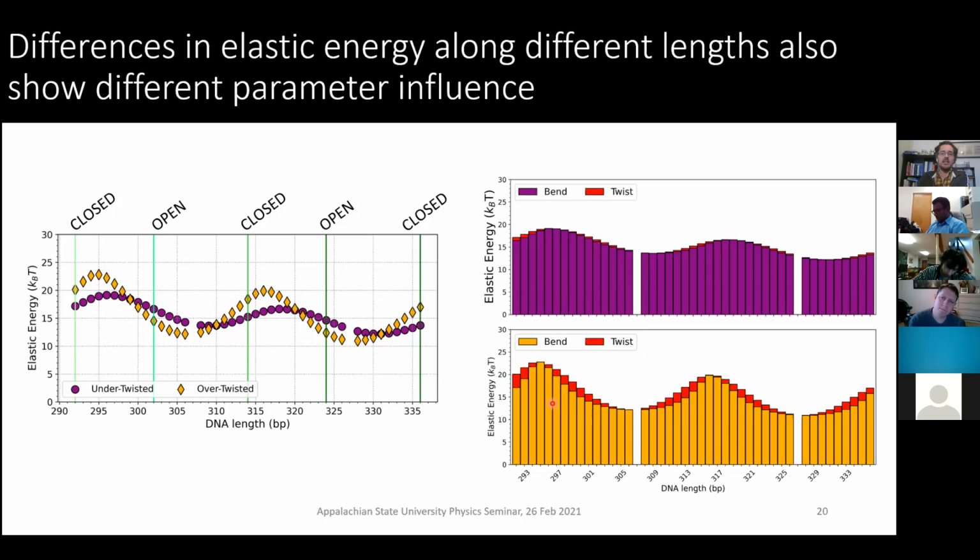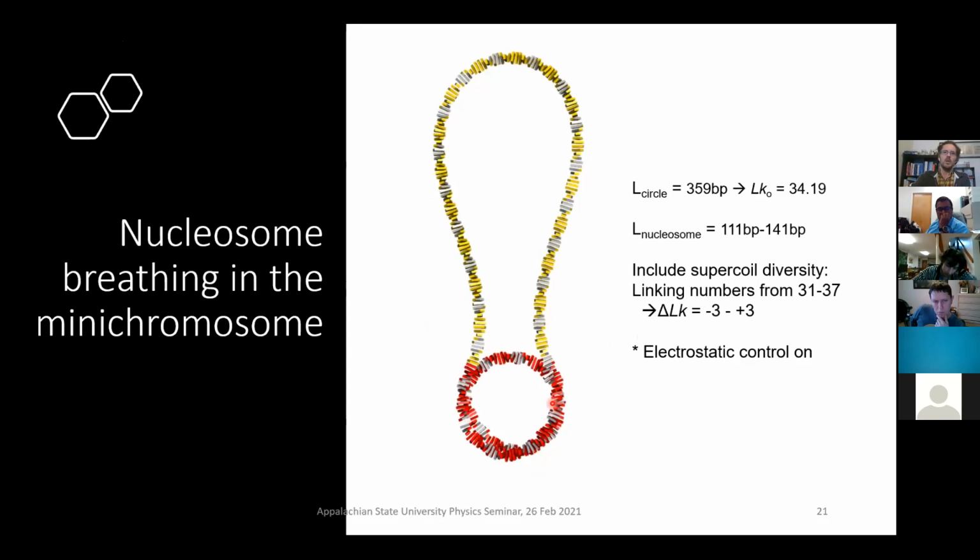Which I think is absolutely fascinating to see that the size does play a role, but really the level of orientation of the nucleosome structure also influences how the distribution of energy comes to be. It's mostly bend, which makes sense in terms of the persistence length that we find from the polymer, but twist plays a larger role in one over the other.